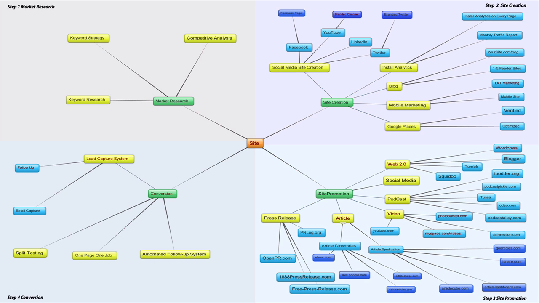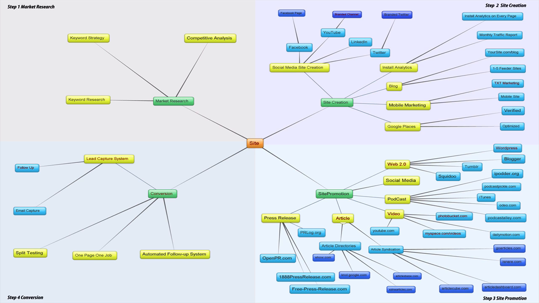Step 3, in the last video, we talked about site promotion because unfortunately, just because you build a website doesn't mean that people are going to come to it, right? You have to be able to promote it, get it to the top of Google, do different promotional types of things to get people coming to your website. And again, we don't track hits. We want relevant visitors to our website that are trying to solve the problem that our product or service solves,